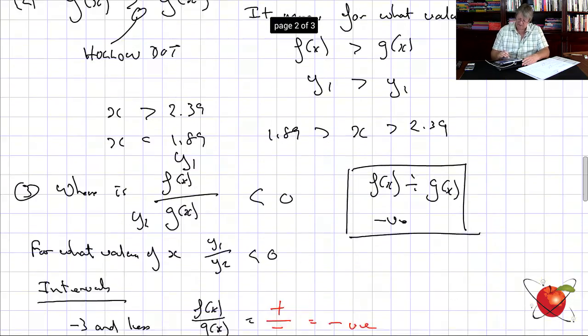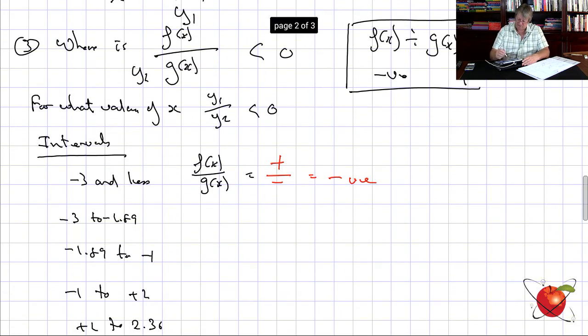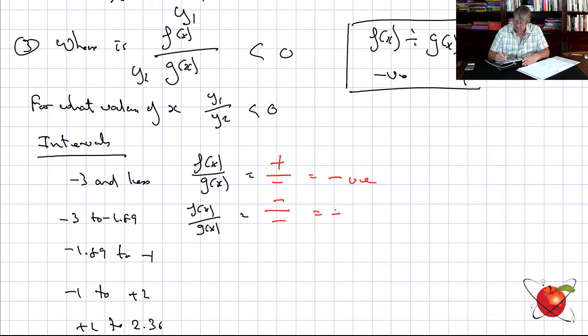Therefore, f of x over g of x, I got a negative divided by negative, which is positive. So, continuing down, I'm going to just fill this in. F of x over g of x here, f of x over g of x here,